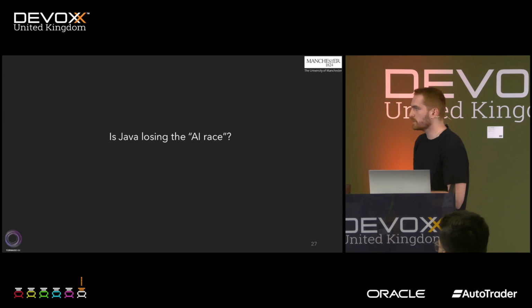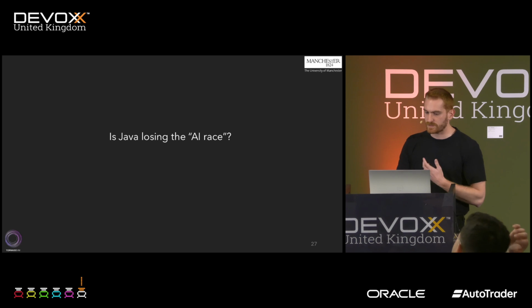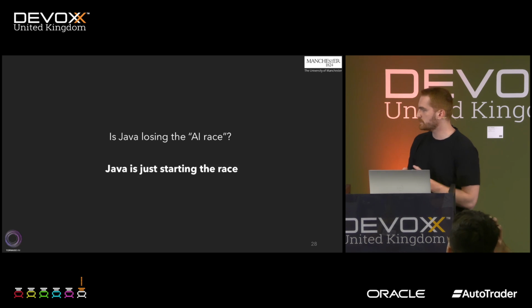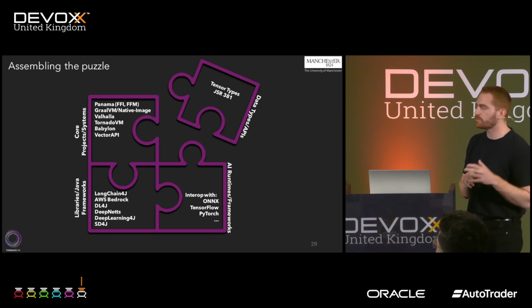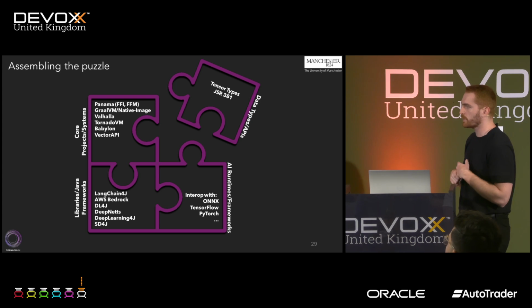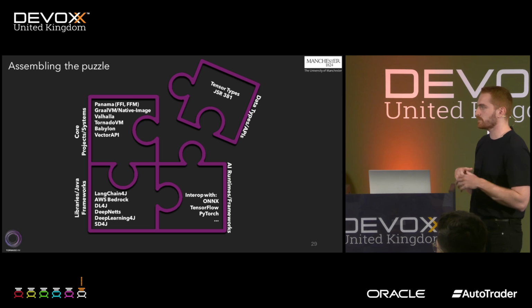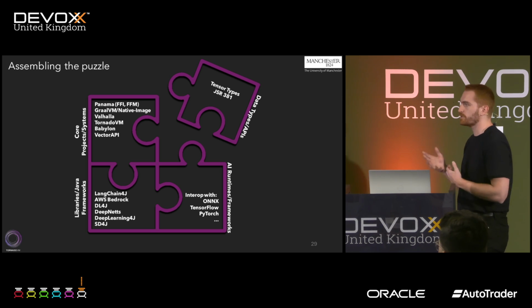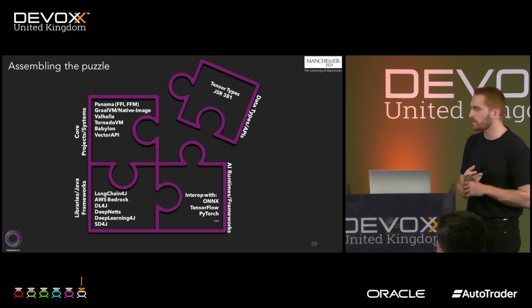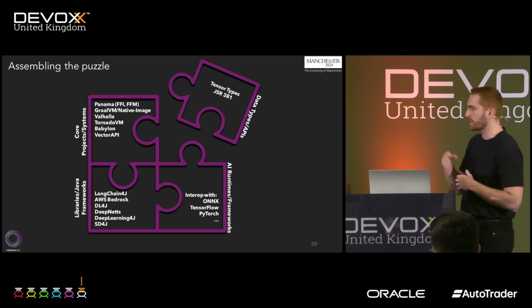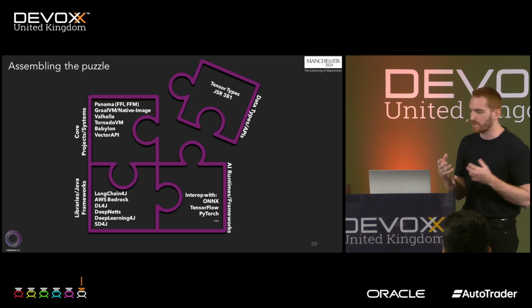So going back to my original question, I don't think that Java is losing the AI race, but it's just the beginning. And I think it's because now we live in an era that we have all the components available to build this kind of AI libraries in Java. So we have core projects like Panama, Valhalla, Babylon, Vector API, the GraalVM native image, and GPU acceleration through TornadoVM. We have a lot of frameworks that already have support, like LangChain4j and DeepNetts, Deep Learning 4j, and they provide the interoperability with the